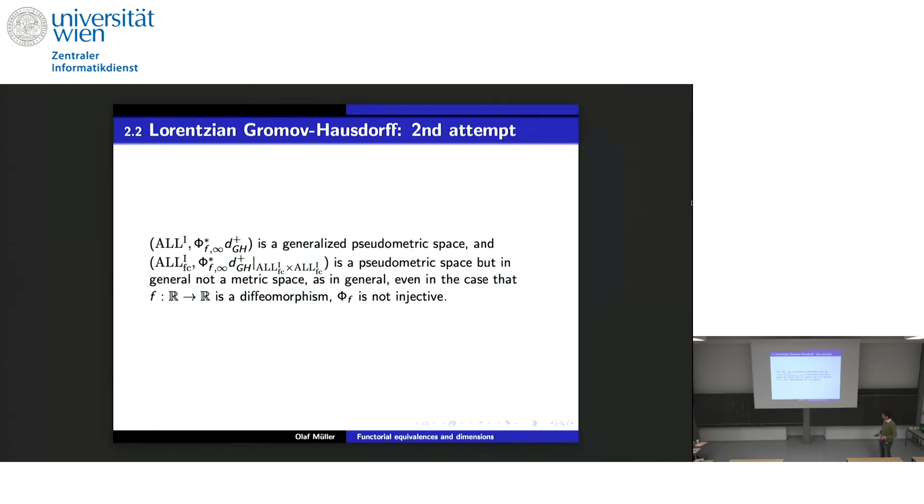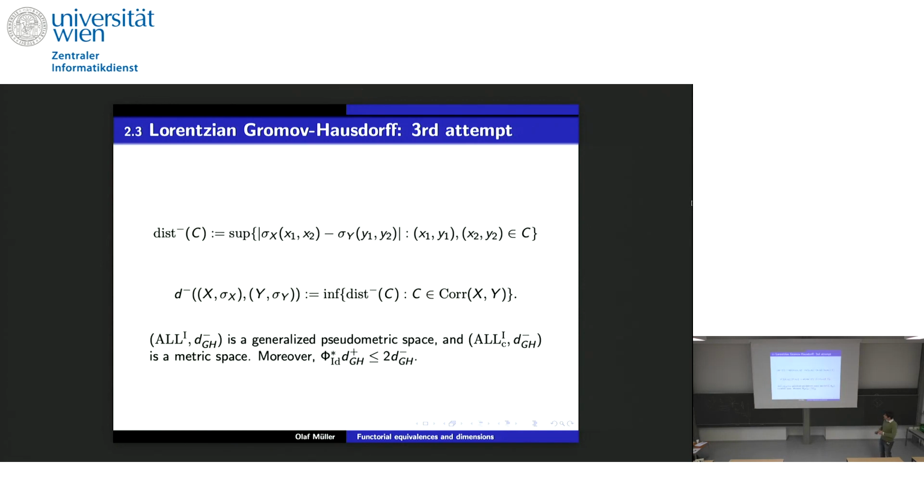Yeah? There's a concrete example. So if it's not injective, the induced metric cannot be a true metric. It can only be a pseudometric. There are two objects with distance zero, obviously then. Okay. And then there's the most conservative approach, in which you just take the one thing that works to